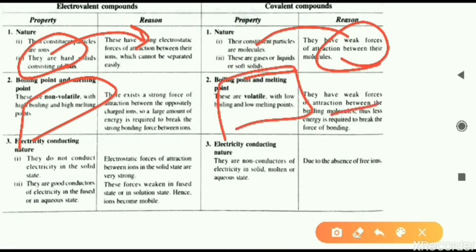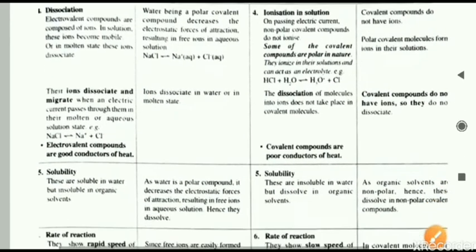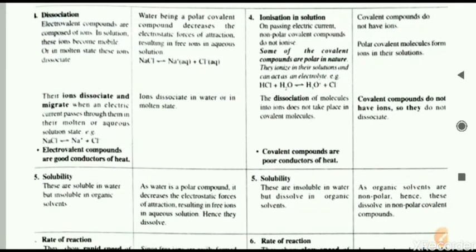Electrical conductivity, ionic compounds are good conductors because of the presence of ions, but these are good conductors in case of molten state or aqueous state only. Electric conductivity in covalent compounds, there is no conductivity of electricity here due to the absence of ions. Dissociation, the ionic compound dissociates or breaks into different ions in solution form. In the case of the covalent compound, they do not dissociate. There is one exception, in that polar compounds can dissociate.